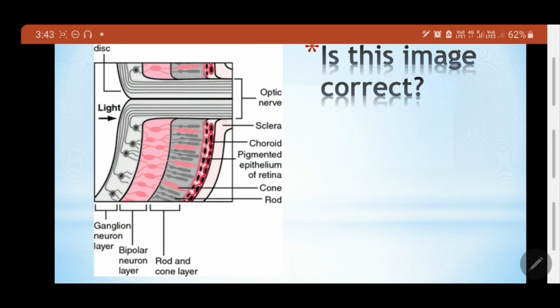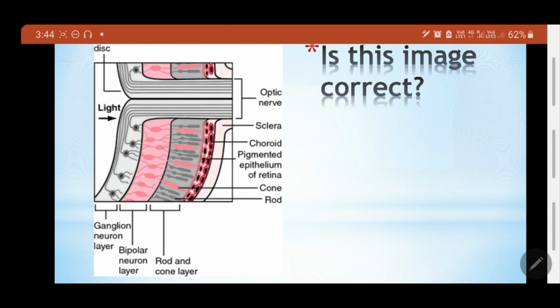You are seeing the optic nerve and the layers. You have the sclera, then the choroid, then the retina with all these layers of the photoreceptors, pigment, everything. Then the outer nuclear layer, then the inner nuclear layer, outer plexiform, inner plexiform, ganglion cells, and then the layer of retinal nerve fibers, and the inner limiting membrane. So the question is, what is wrong in this image?